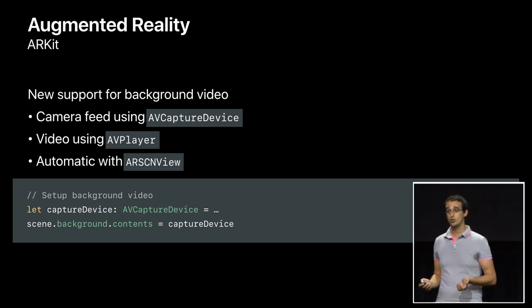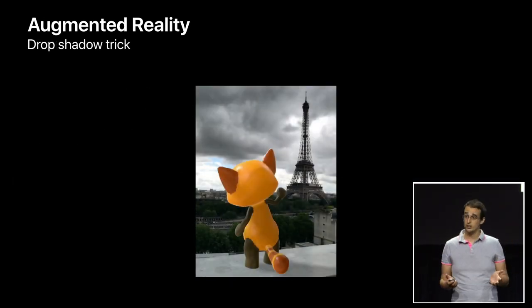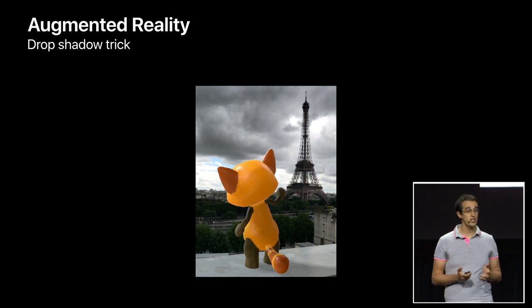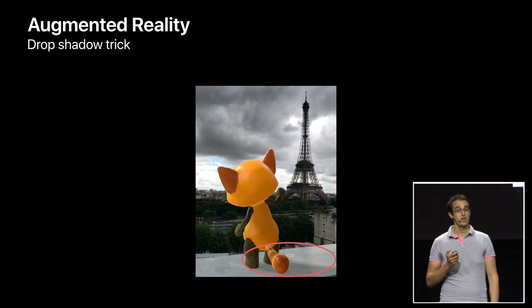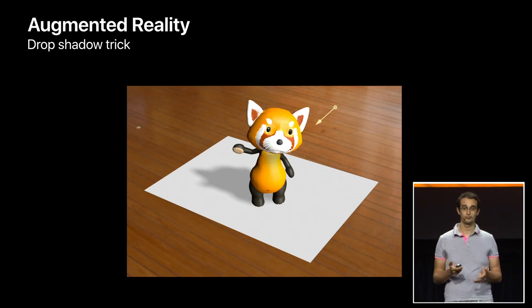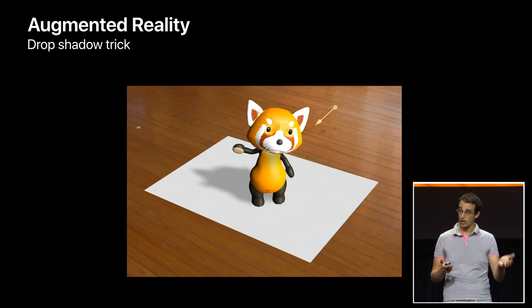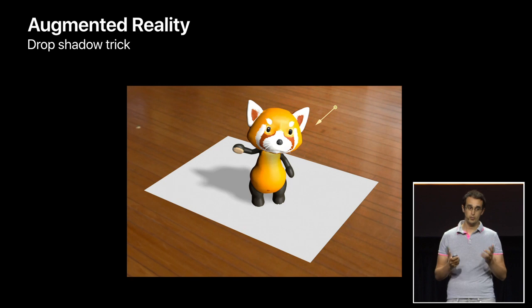Now I would like to give you a little trick regarding augmented reality and shadows. Your object will look better integrated if it casts some shadows on the ground, like in this example here. To achieve this, we edited our object in Xcode. We added a directional light that casts some shadows. And then we added a plane to receive the shadows. Now, the goal is to hide the plane because we don't want to see it in our scene. But we cannot simply make the plane hidden, otherwise the shadow would disappear.